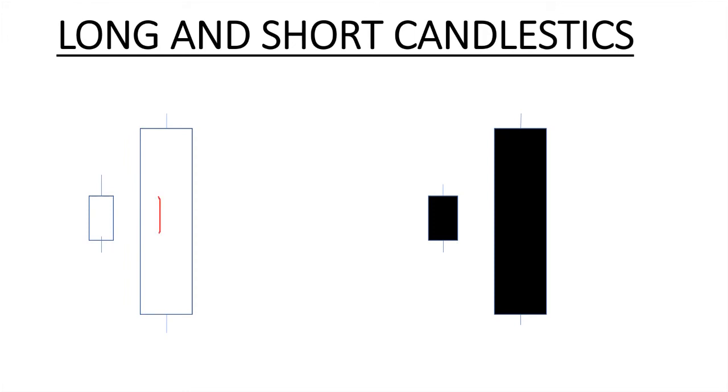Long and short candles. These are our bullish candles. We have a small candle and a big candle. The small candle has a small body, indicating that buying pressure is very small compared to the bigger body, which indicates that buy pressure is bigger. And that is our bearish candle. The small bearish candle means sell orders are small, and the bigger bearish candle means sell orders are huge. Sell pressure is very strong.